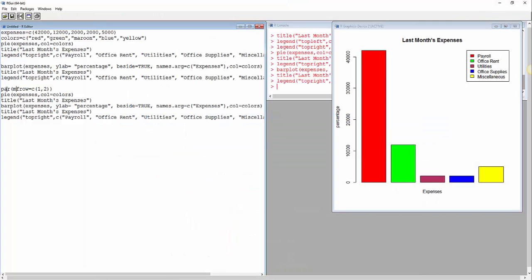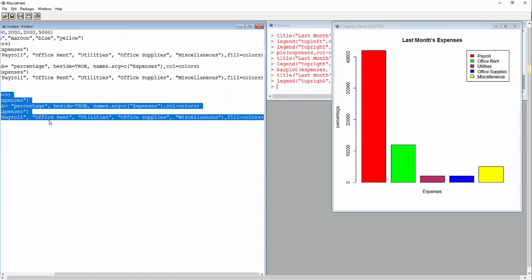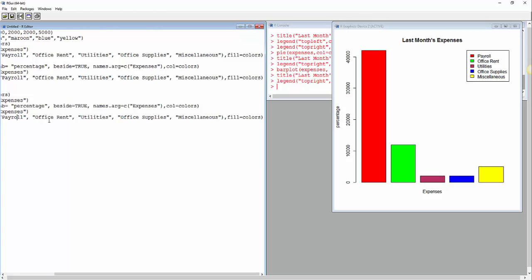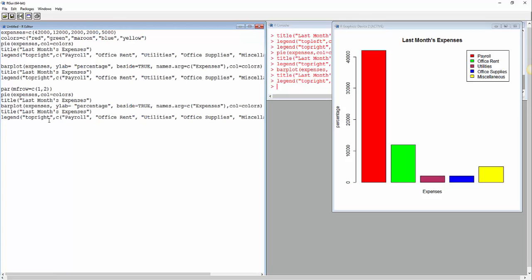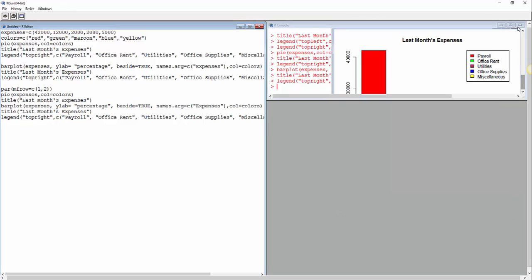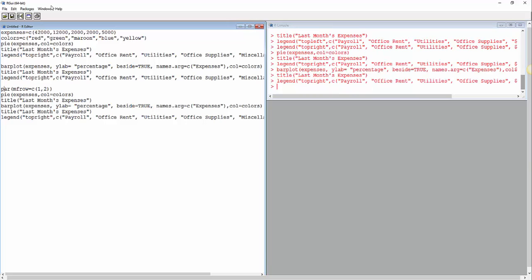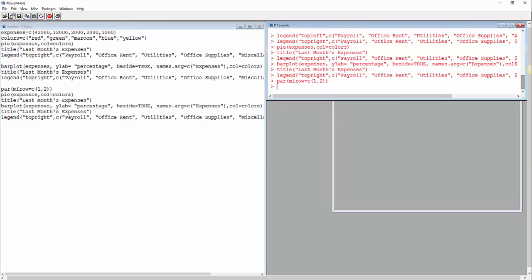And then here, starting at PAR down, these lines of code are really meant for if you want to play around and explore this a little deeper. What this code will do is graph each chart side by side. So if I close out of this and I run this line of code,